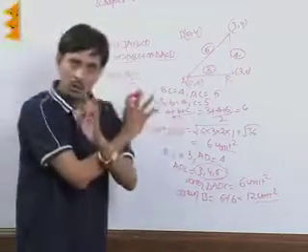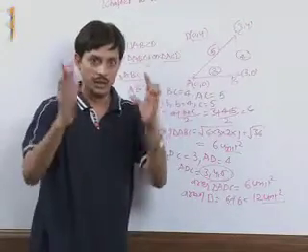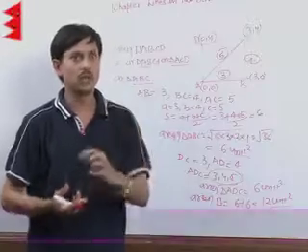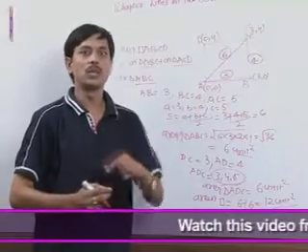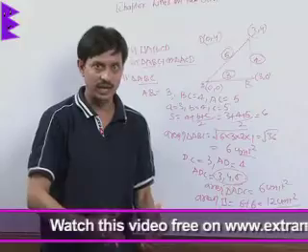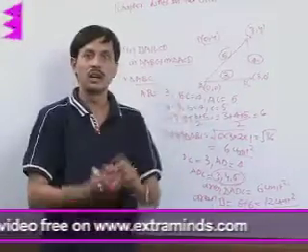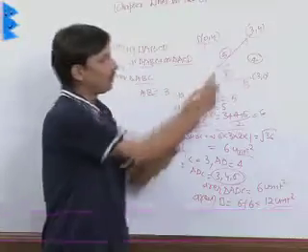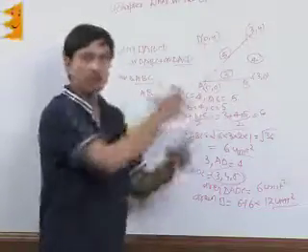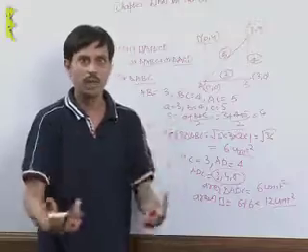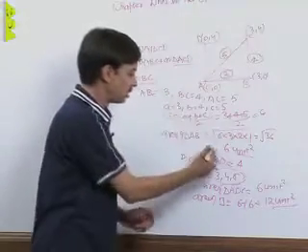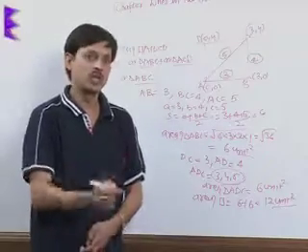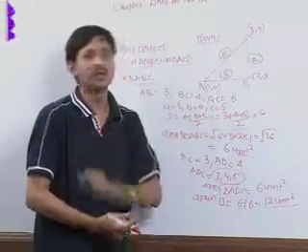So hence it should be clear to one and all that the distance formula is applicable to check the distance between two points, to check their collinearity, to check whether a triangle is equilateral, scalene or isosceles, right triangle or right isosceles, to check the nature of a quadrilateral, that is whether it is a parallelogram, square, rhombus or rectangle. And the distance formula is also applicable to find the area of a quadrilateral, pentagon or triangle with the help of Heron's formula, that is the root of s(s minus a)(s minus b)(s minus c), which concept has been clear to you in your previous class 9th.